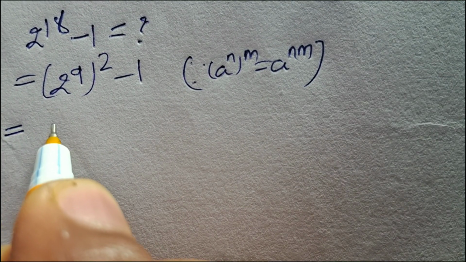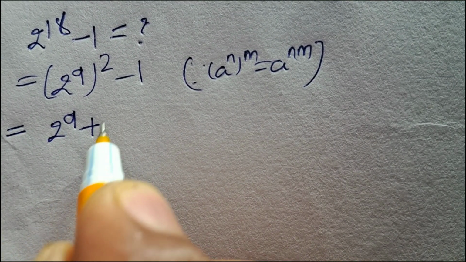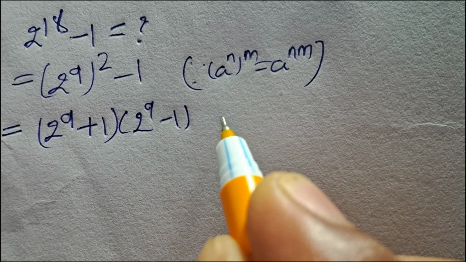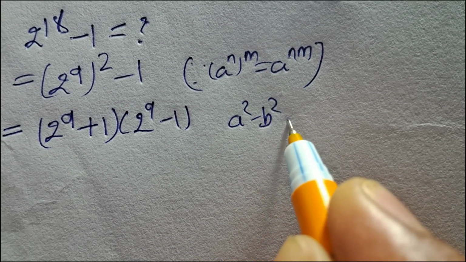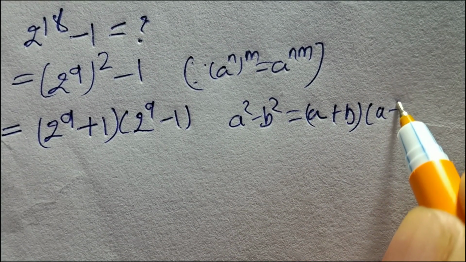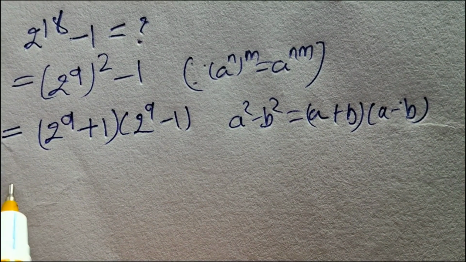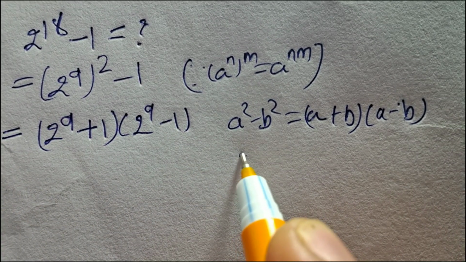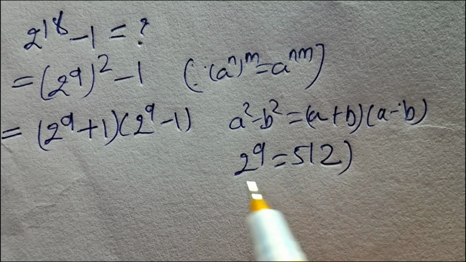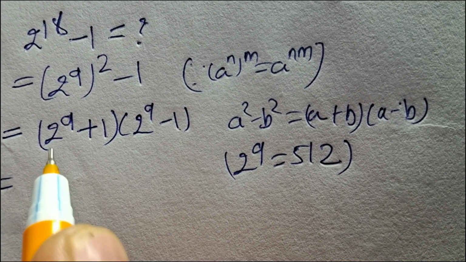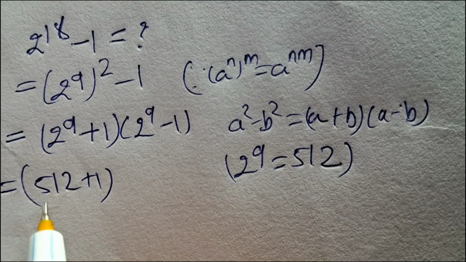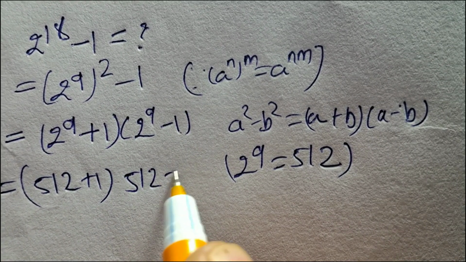Now we write 2 to the power 9 plus 1 into 2 to the power 9 minus 1, by the result a square minus b square is equal to a plus b whole into a minus b. Now the value of 2 to the power 9 is 512. Putting it in, we get 512 plus 1 into 512 minus 1,